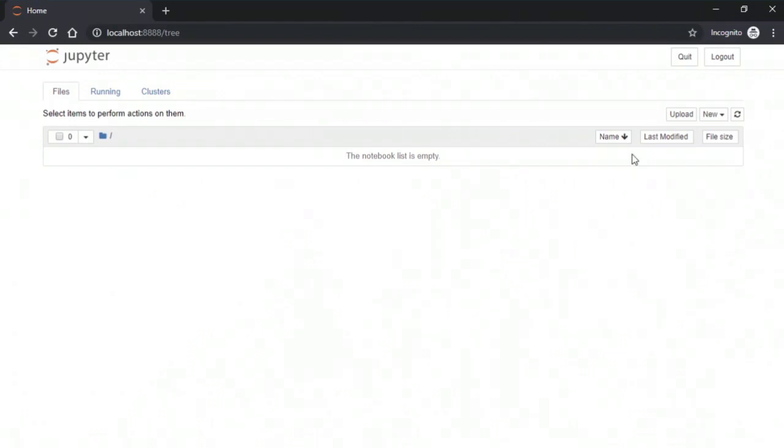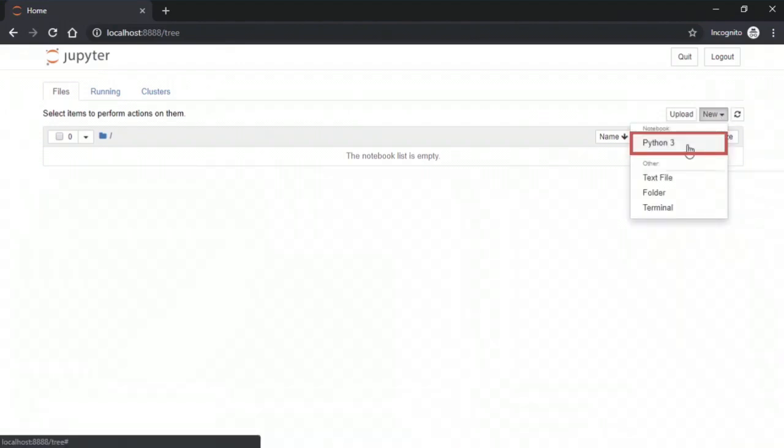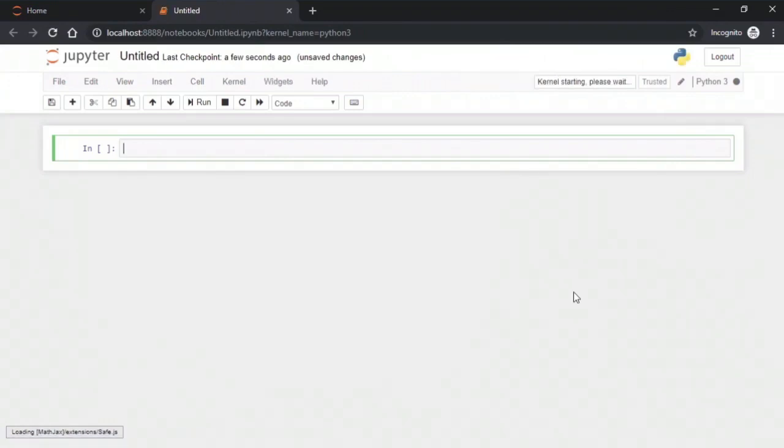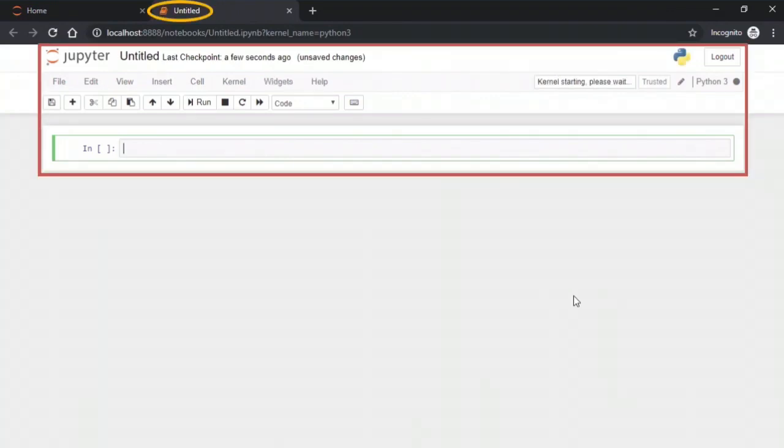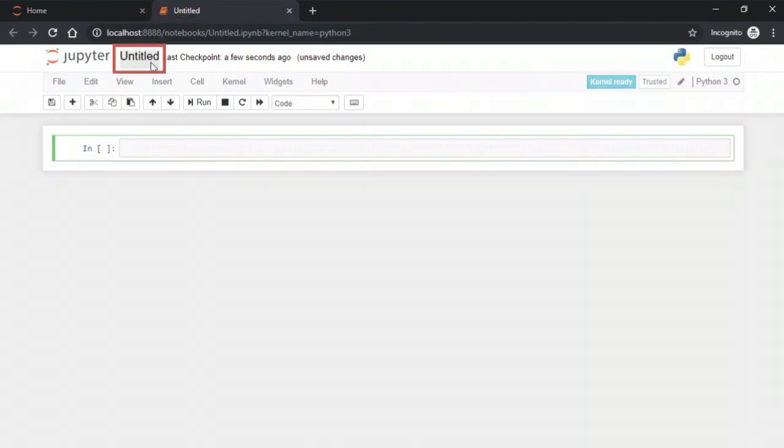In order to create a new notebook, you need to click on this New menu drop down to the top right of your screen. Click on New. This will bring up a menu and you can select the Python 3 option. Selecting Python 3 indicates that the notebook will run on the Python 3 kernel. So the code that you write will be interpreted and executed using the Python 3 kernel. This will open up a new notebook on a new tab on your browser, and this notebook will automatically get the name Untitled. It's extremely easy to rename this notebook so that it has a name that is meaningful based on the demo or the Python code that you're going to write.